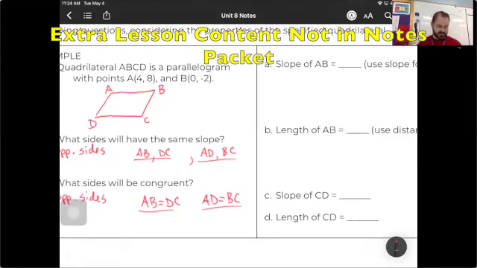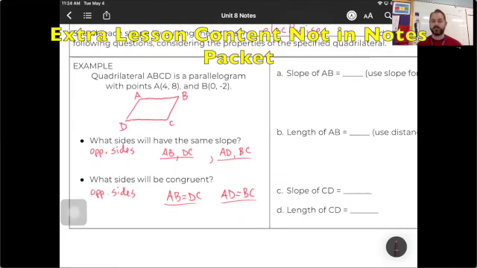So what we're going to do with this specific example on these parts here, we're going to answer the questions of the slope of AB and the length of AB first, okay? Remember that your slope formula is the difference of the y's over the difference of the x's. Y2 minus y1 over x2 minus x1. And these are the points we're using, okay? So y2 would be -2. And we're going to subtract y1, which would be 8. So -2 minus 8